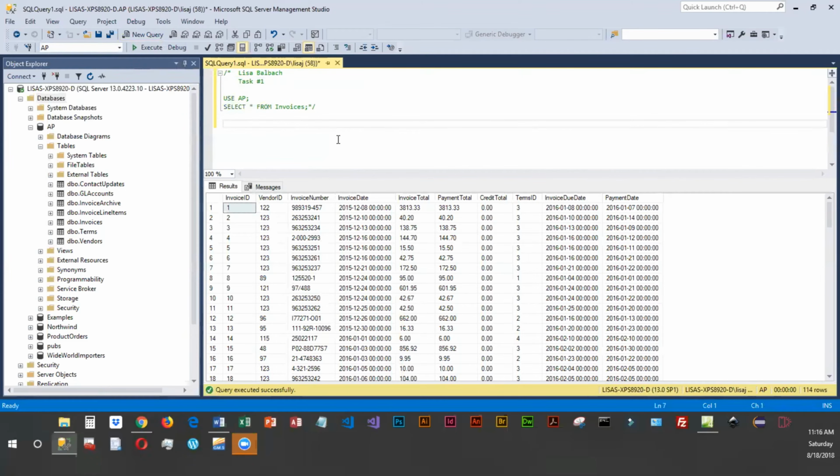So our next little exercise that we're going to do is we're going to be querying that same invoices table, but this time instead of displaying all of the columns, we only want to display the invoice number, the invoice date, and the invoice total. We also want to sort the result set by the invoice total, and we want that in descending order, which will put the largest amounts at the top. So again, we're going to say use AP,